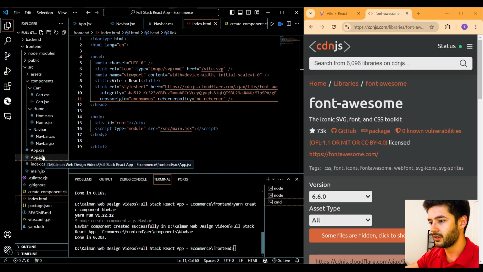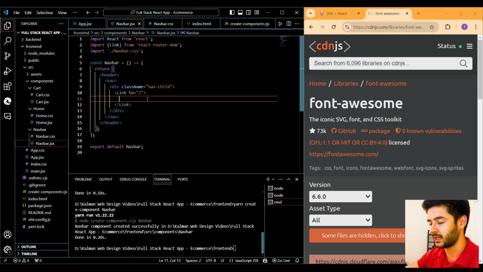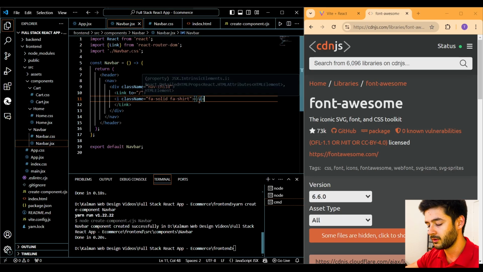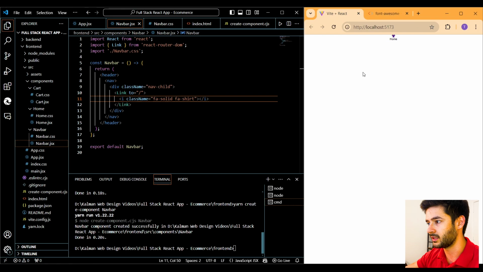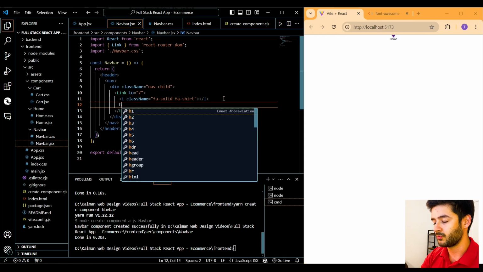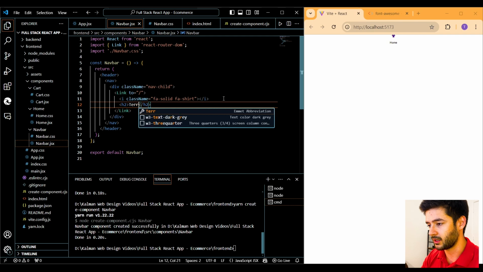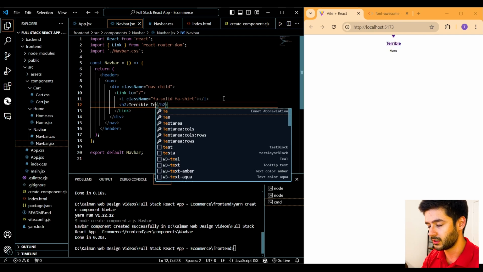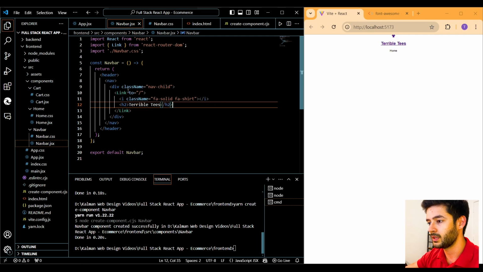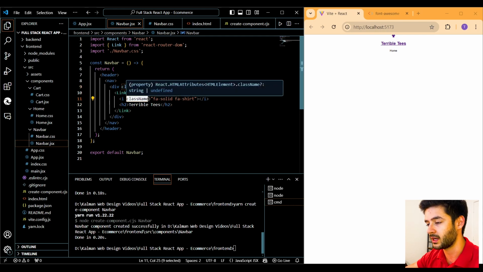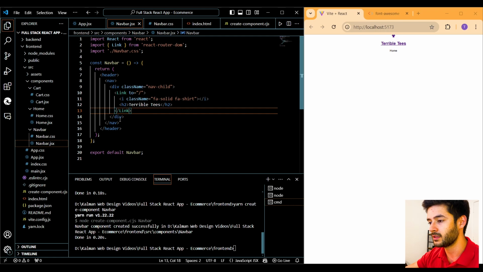And then from there, I can go back to the nav bar and I can successfully use my Font Awesome icon here like so, and you guys will see it rendering up top like that. Next, I want to create an H2 element, and our website is going to be called Terrible Teas. And now notice how this is different from normal HTML. You need to use className for your classes and not just the standard class that you would use in